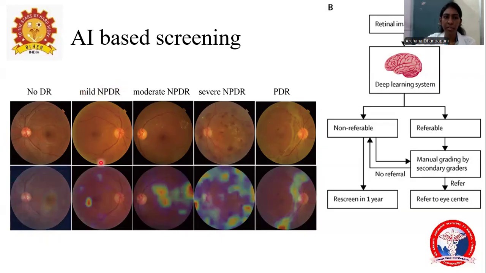Whereas in mild NPDR, you could see it shows in a color coding pattern. Red means alert, like there is some disease going on in the retina. So it grades the color-coded photograph into mild, moderate, severe, or PDR. It is based on the deep learning system, and it will give an input like whether it is referable or non-referable. Non-referable means we have to rescreen in 1 year. Whereas referable, we do manual grading by the secondary graders, that is, the ophthalmologist has to recheck the report and then refer